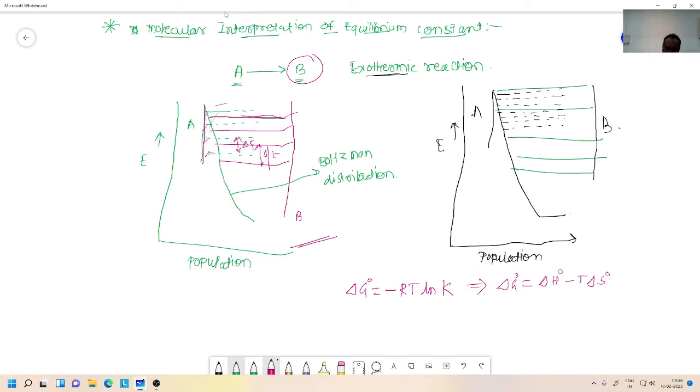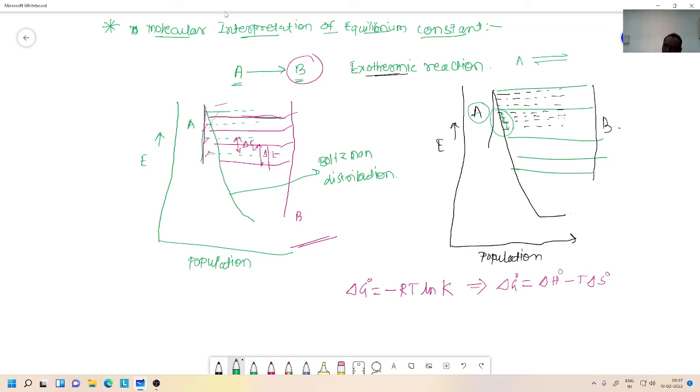So when the energy levels are less spaced, if the energy levels of species A are less spaced, it means the gap between two energy levels of the reactant molecule is very small. In that case, entropy plays the major role. Entropy plays the major role, and even though the reaction is exothermic, when the equilibrium is attained,